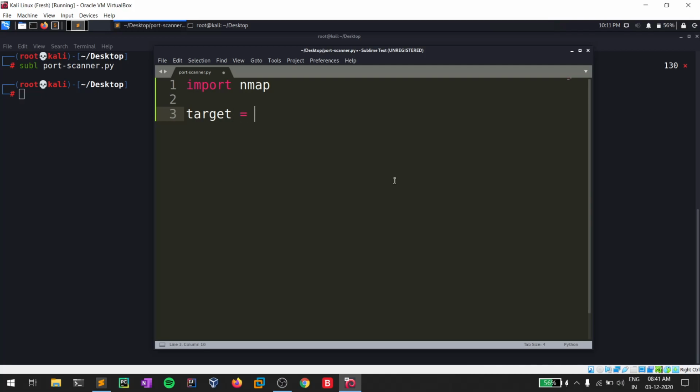and let's create a variable which will take our target IP. Enter target IP. After taking this input, let's create an object here, something like scan target, and we'll be importing a method named PortScanner in the nmap class.